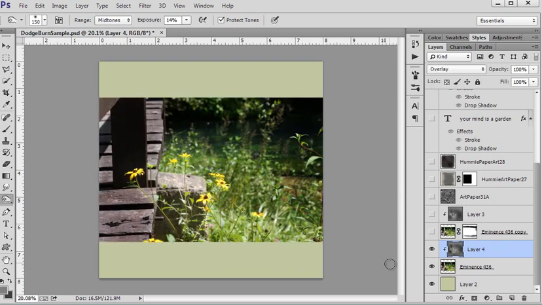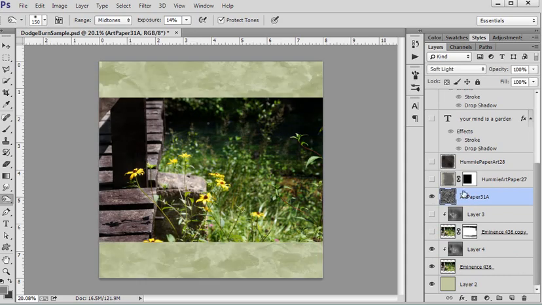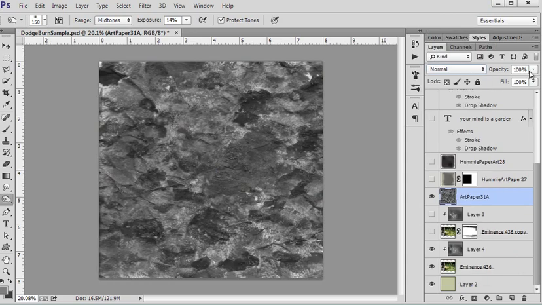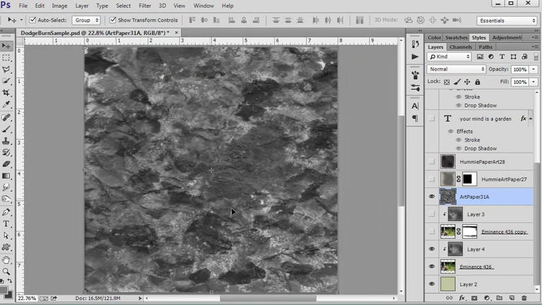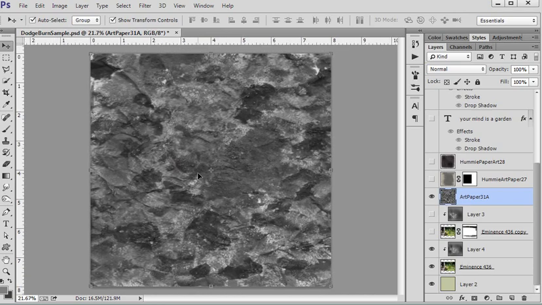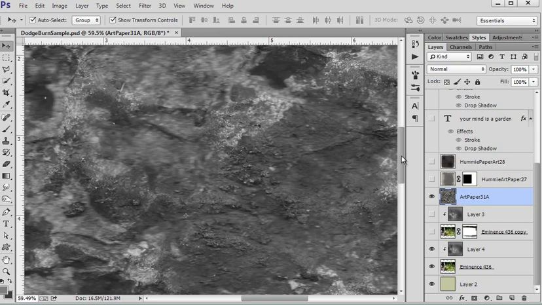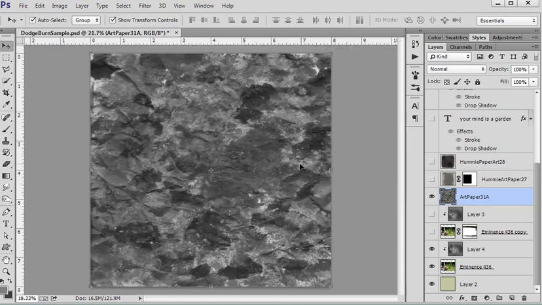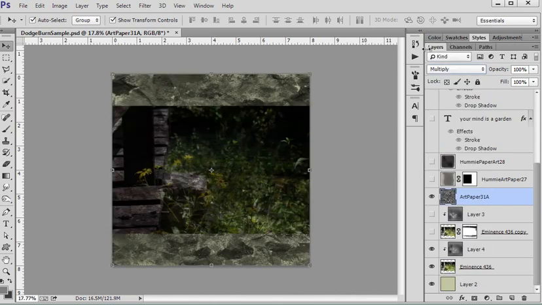So this is how far we've gone in reconstructing, and then I decided I needed to give you a paper. So here is our texture paper that everybody's going to be downloading and hopefully using. And this has got a lot of black in it. So if you wanted to use dodge and burn right on this, clipped to your photo, that might be another thought. But it's got a lot of texture and grunginess, and actually when I first started going through, it made me think of